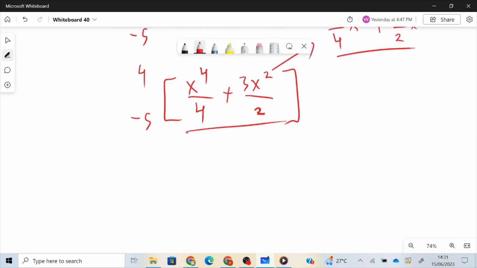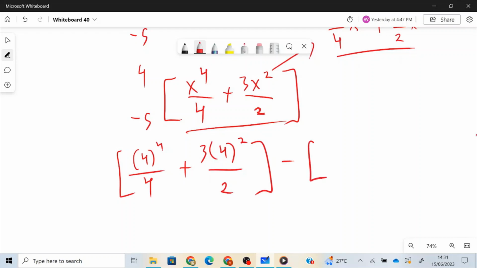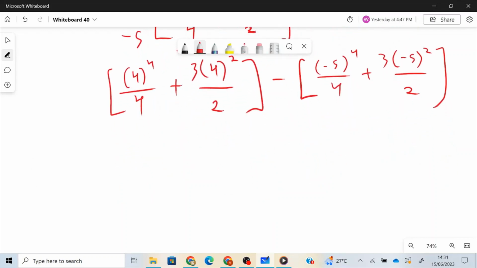We plug in our values as we have been doing, so this becomes 4 to the power 4 over 4 plus 3 into 4 squared over 2, minus, we now put the minus 5, so minus 5 to the power 4 over 4 plus 3 into minus 5 squared over 2. So going ahead with your calculator, if you use it, left hand side gives 88